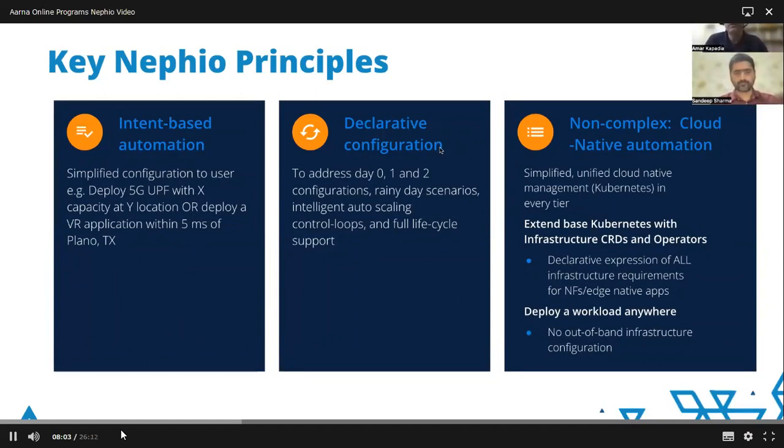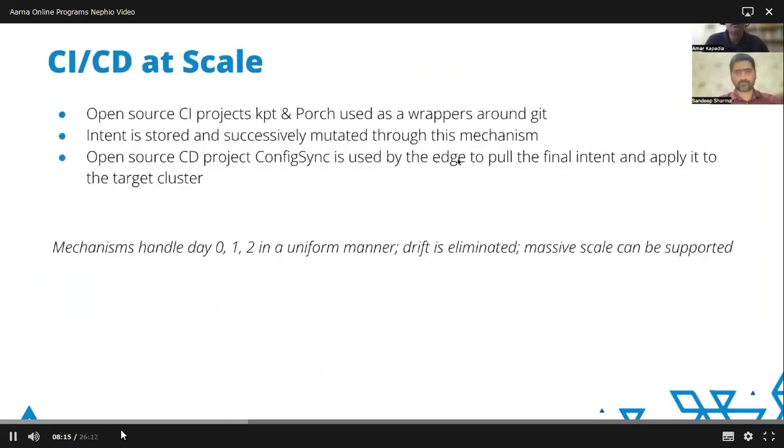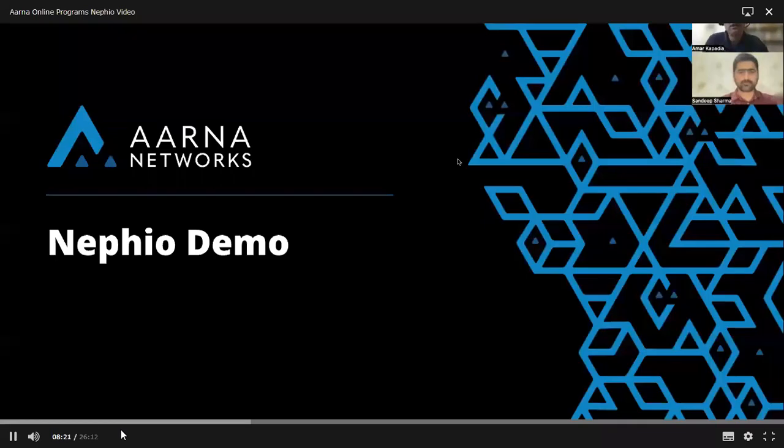So in fact, it's called configuration as data. And non-complex, very simple. Kubernetes cloud native principles are very simple, and those are the ones that are being used. CI/CD is automatically baked in. Sandeep will hint at this. And with that, I'm going to hand it over to my colleague, Sandeep, to walk through the demo.